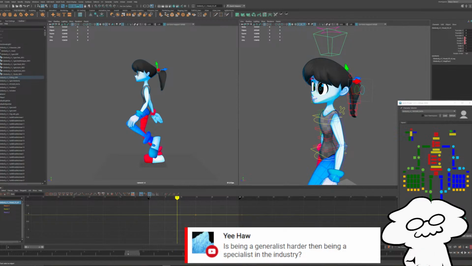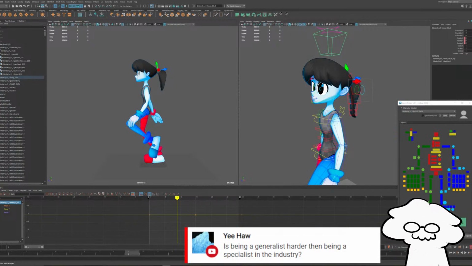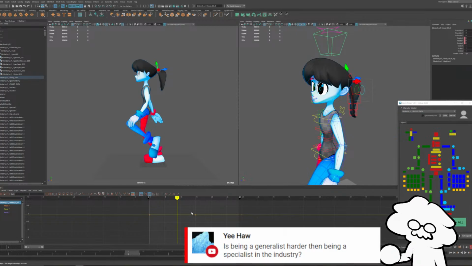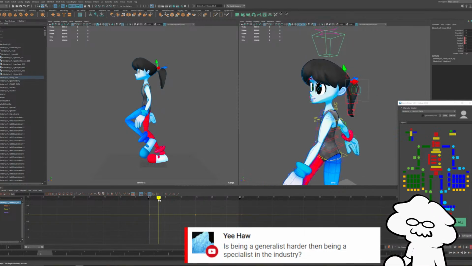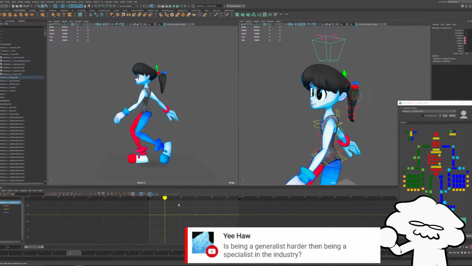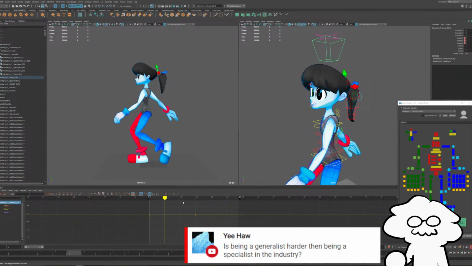Is being a generalist harder than being a specialist in the industry? I'd say if you're trying to find work, it's generally better to be a specialist, because it's better to have a focused portfolio for what you do.